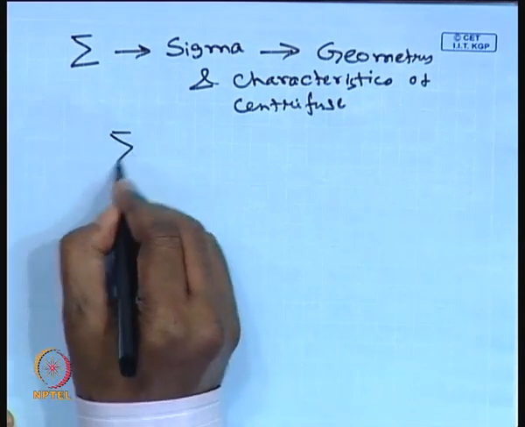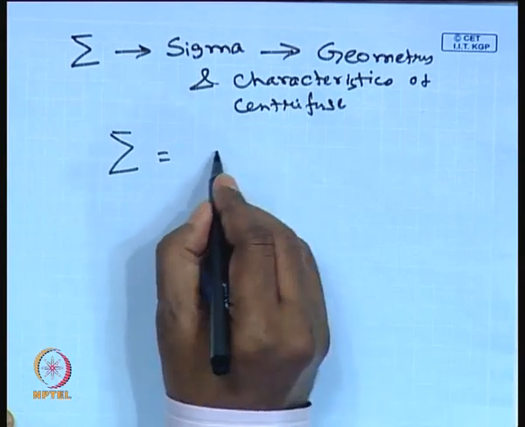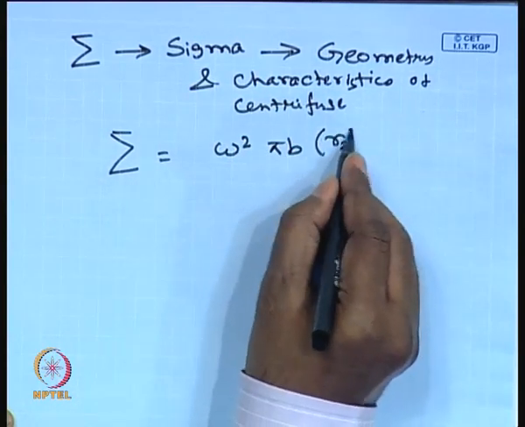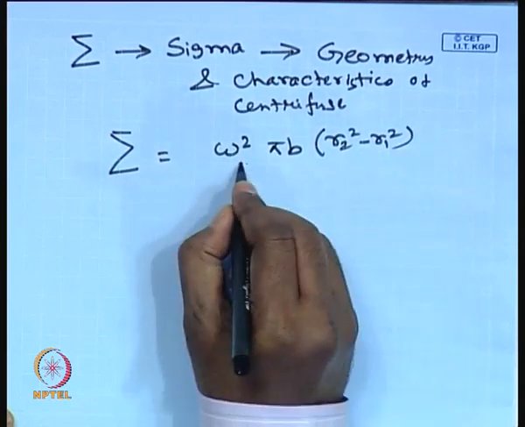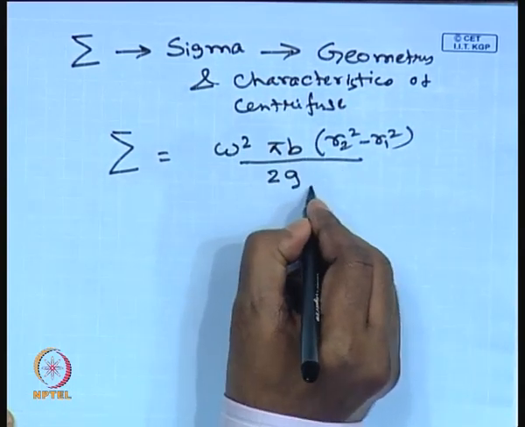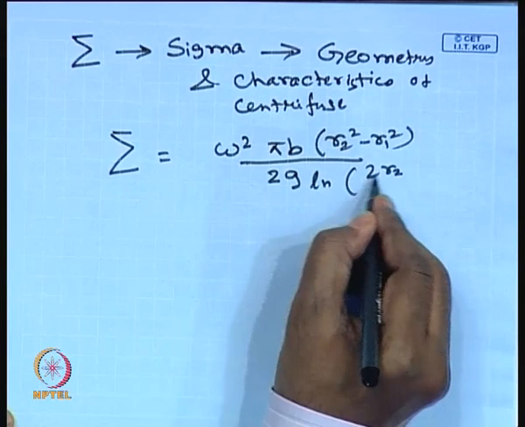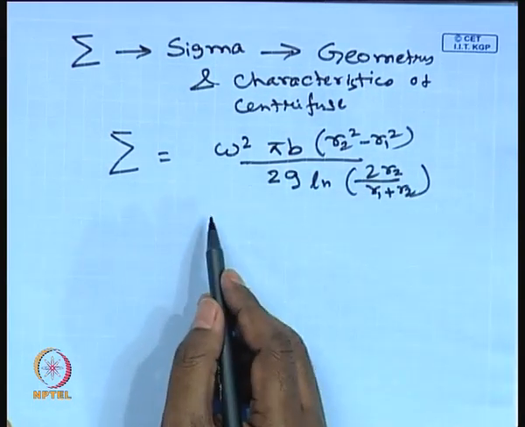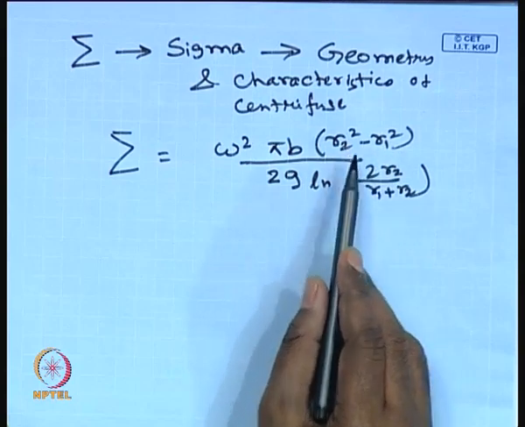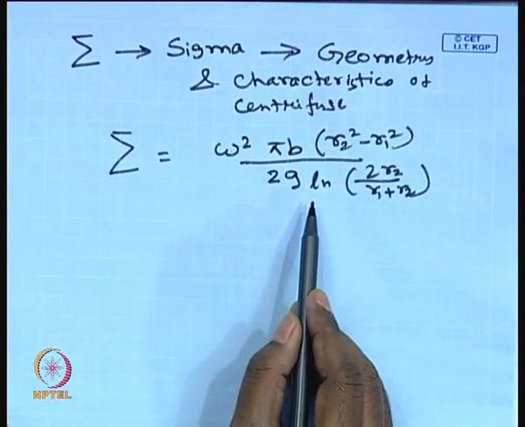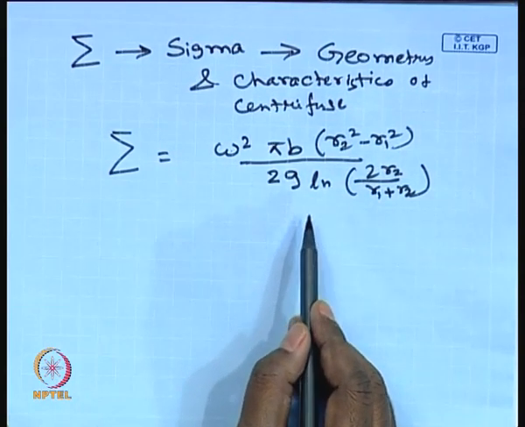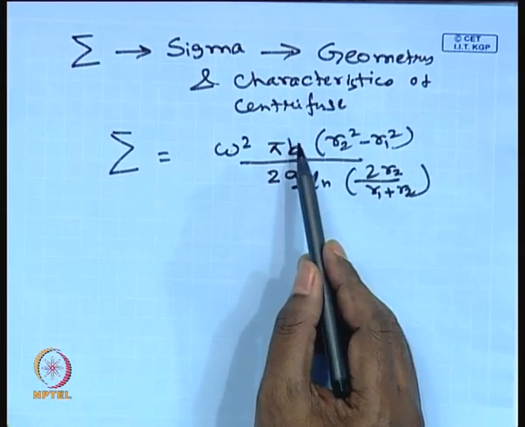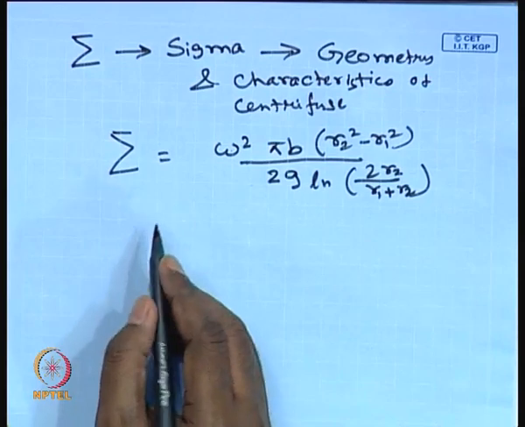So, the expression of sigma becomes omega square pi b (R2 square minus R1 square) divided by 2g ln(2 R2 divided by (R1 plus R2)). In our problem statement, R1, R2 and omega are the same for the two centrifuges, and the only parameter that varies is the length of the centrifuge. Therefore,